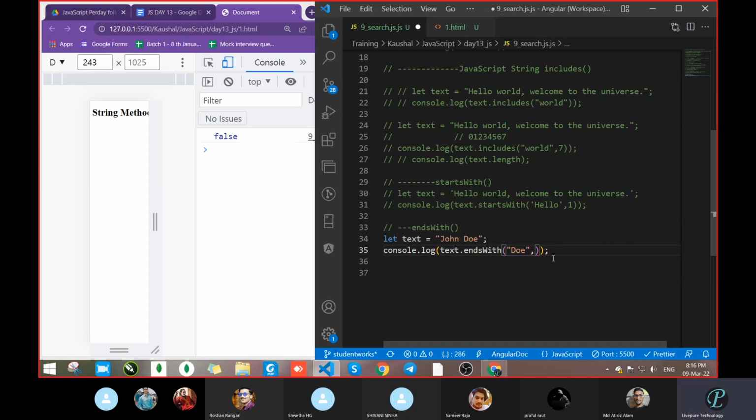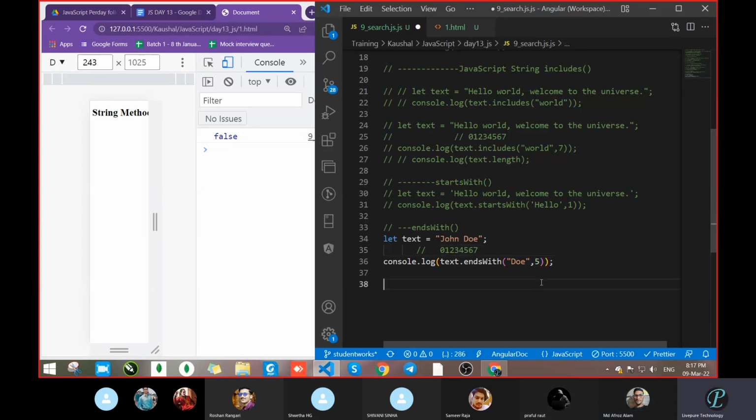So let's pass 5. Save. What are you thinking? What will be the position for this one? Pass here 0, 1, 2, 3, 4, 5, 6. What will be the position? Can anyone tell me?